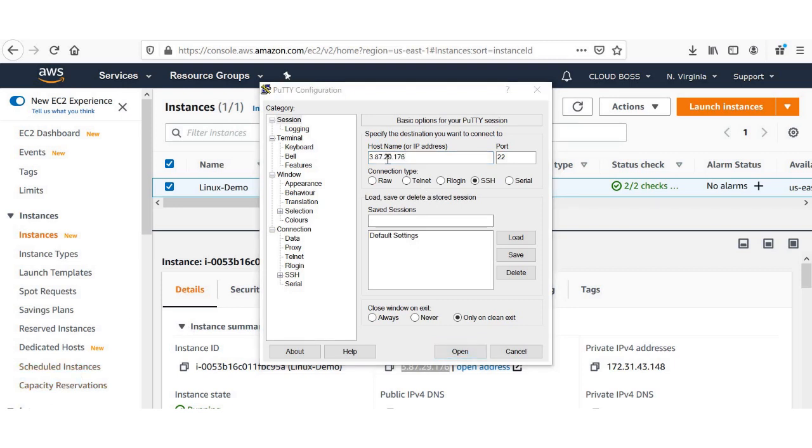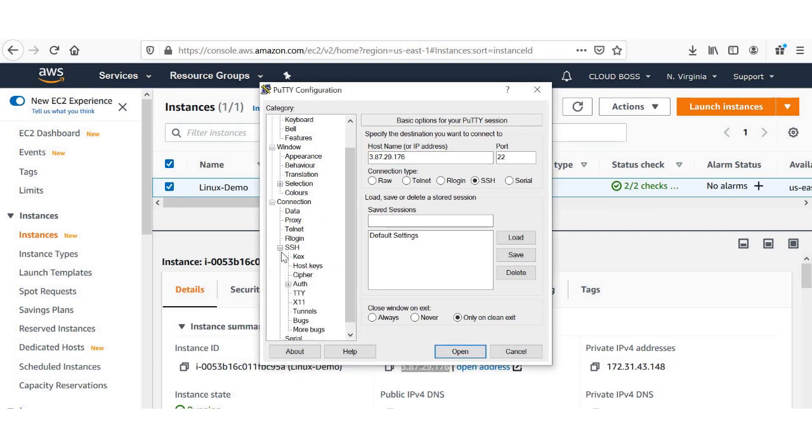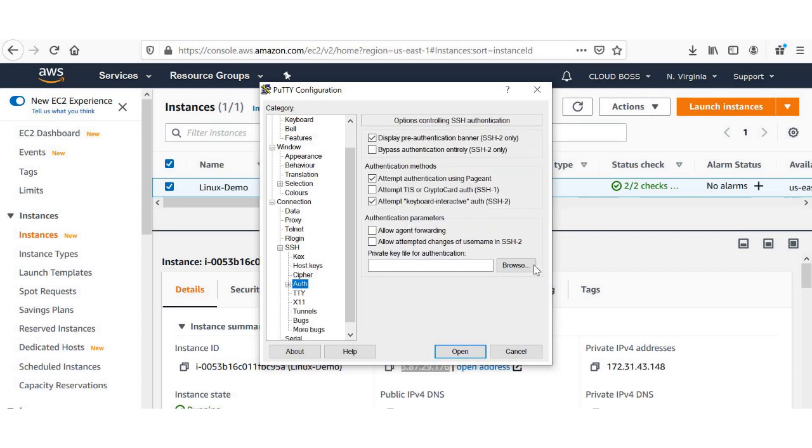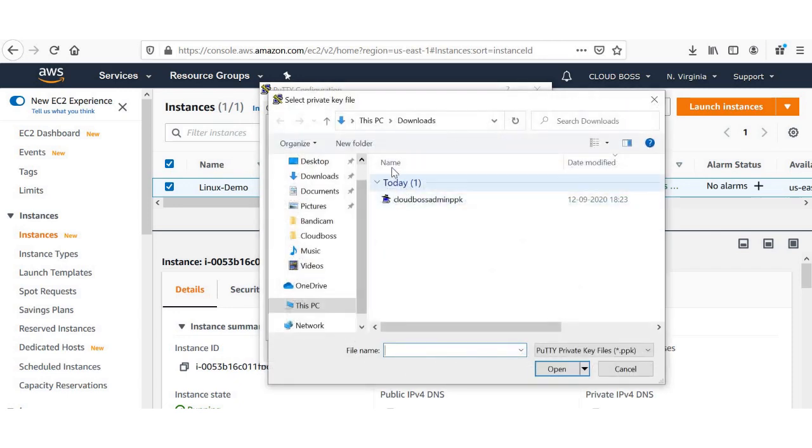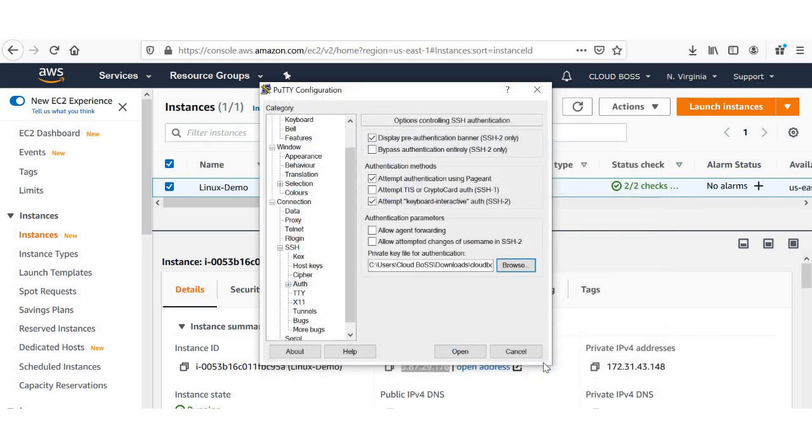We have entered our IP address. Next we are going to load our key, right? So just go to SSH and search for authentication and browse for your key. Here we have created a new .ppk key, right? So just browse here and click open.